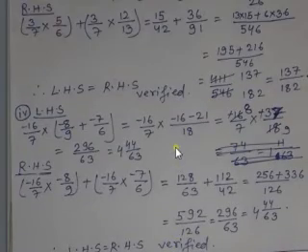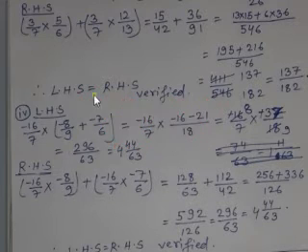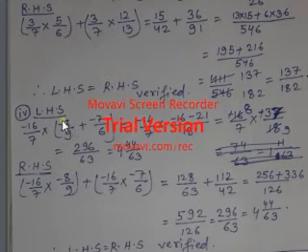If you can see over here, the last, fourth question of question number 7 was minus 16 by 7 into, in bracket, minus 8 by 9 plus minus 7 by 6. So it becomes minus 16 by 7 into, I had taken the LCM of 9 and 6, that is 18. 18 divided by 9 is 2. 2 into minus 8 is how much? Minus 16. In the same way, 18 divided by 6 is 3. 3 into minus 7 is minus 21.